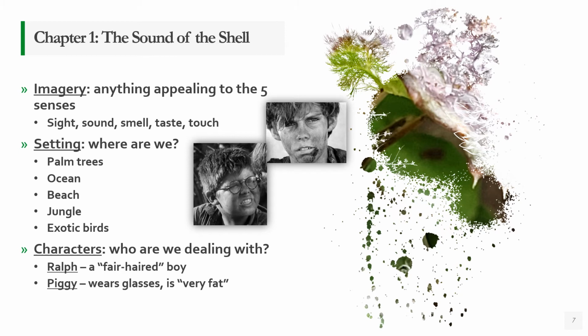We don't know if Ralph is a good-looking kid or not, right? That's kind of immaterial here. Just that this particular character is distinctive in that he wears glasses and is very fat. So this second character is very different from Ralph, not only in appearance, but also in personality. He's very talkative, right? He starts talking to Ralph. He's very excited, wants to know what's going on, and is just very, very chatty, to an annoying extent, because Ralph very quickly tries to lose him, tries to walk away from him.